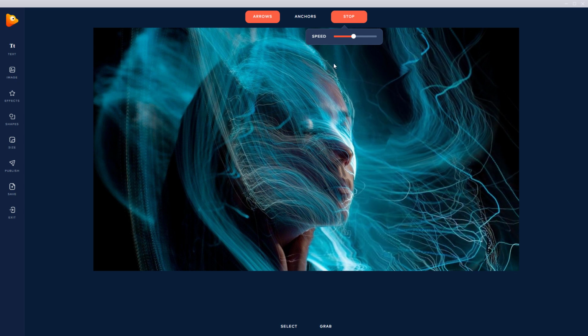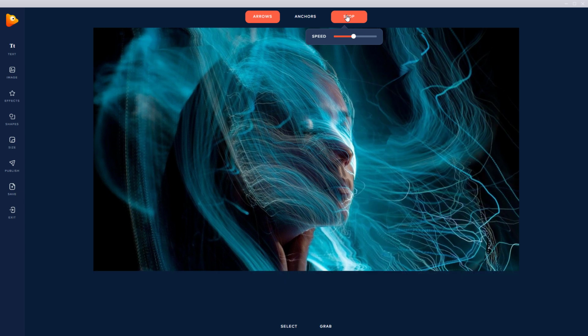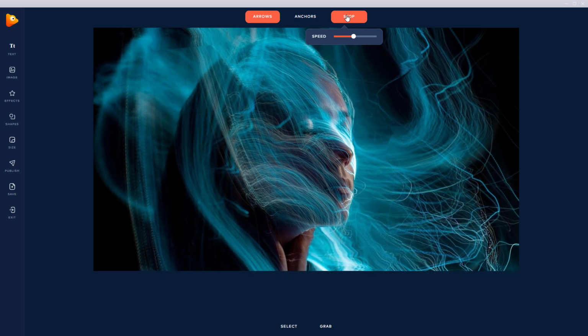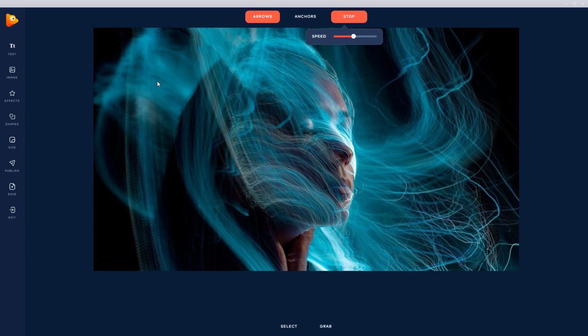So this section stays still. If I want to, I could go and put some arrows in here, and I think I will. I'm just going to put a single arrow in here and curl it around. And let's play that. I think the curling around maybe wasn't the best of ideas.